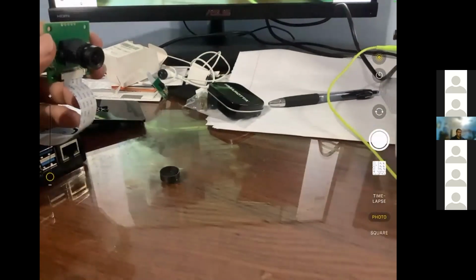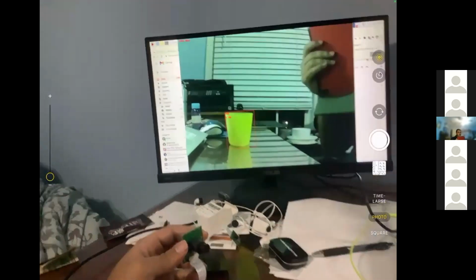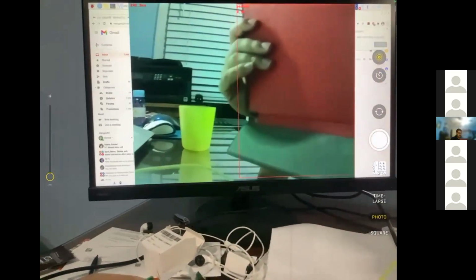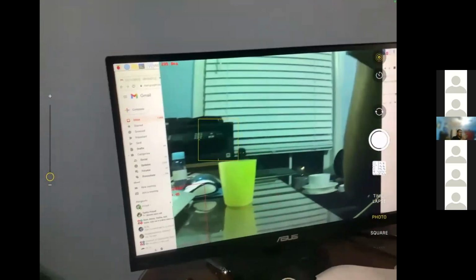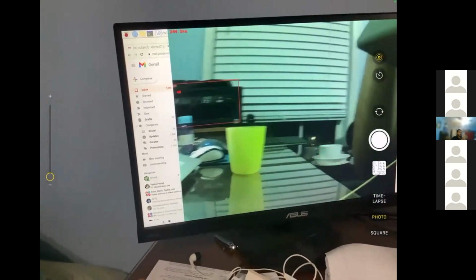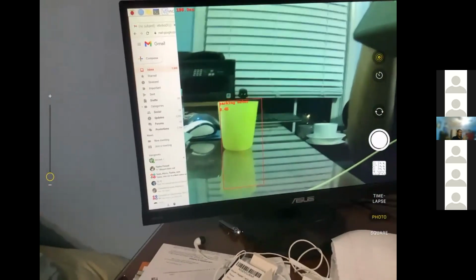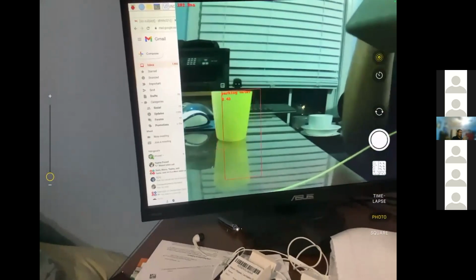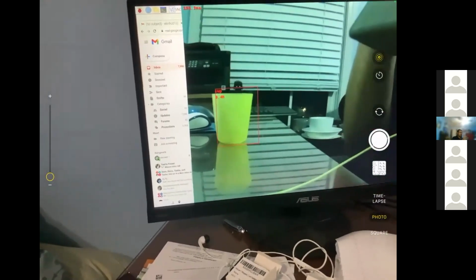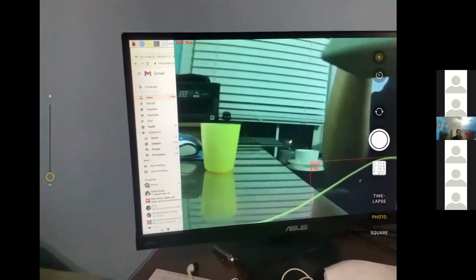So yeah, if I look at the camera and I look at the screen, let's say I put a cup here, right? You can see that the screen is registering that there's a cup there. And the number below it is how confident it is that it is actually a cup. So that's just showing you the confidence level that it is a cup. It's also picking up some other things as well, but that's basically it, honestly.